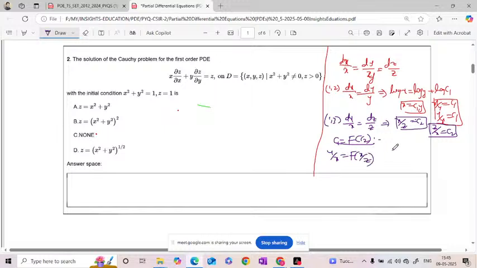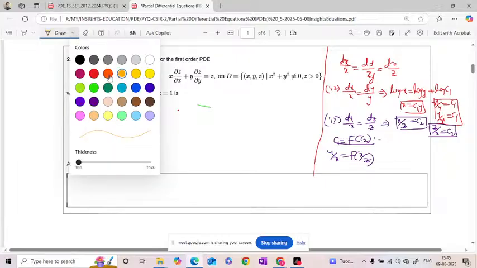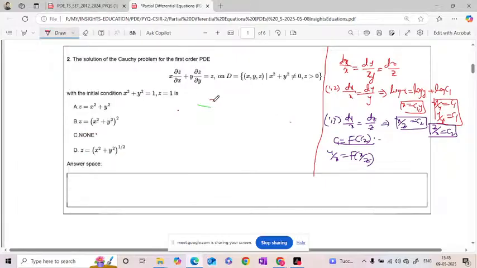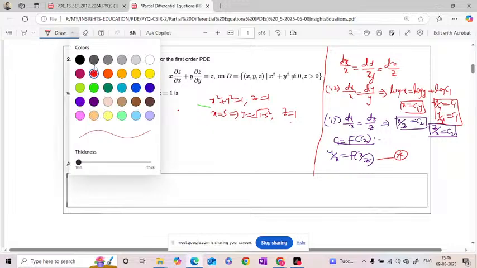Now after substituting, it is clearly given x square plus y square is equal to 1 and z is equal to 1. After taking x is equal to s, then y is equal to under root of 1 minus s square and z is equal to 1. Then the equation star becomes